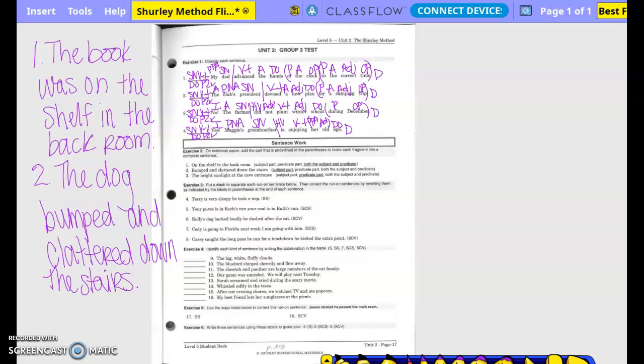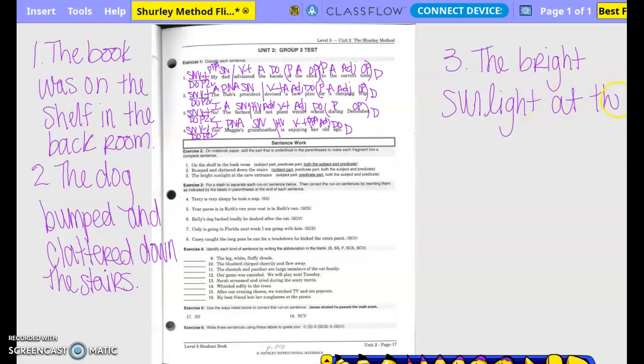Okay. Number 3, the bright sunlight at the cave entrance. So they say we don't have the predicate part. So we need to rewrite what we had, right? The bright sunlight at the cave entrance. And then can we say hurt my eyes? Okay. The bright sunlight at the cave entrance hurt my